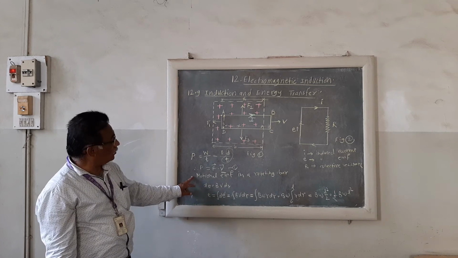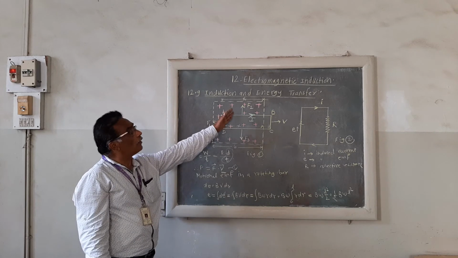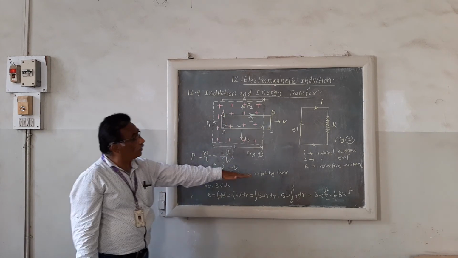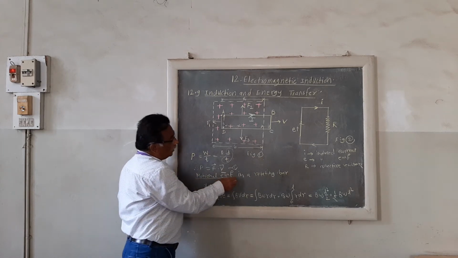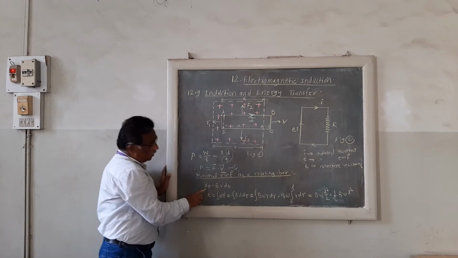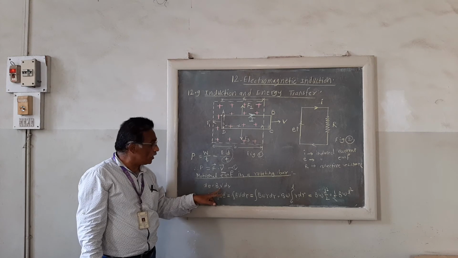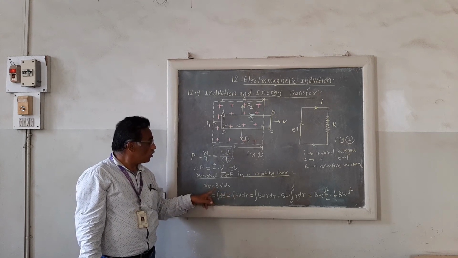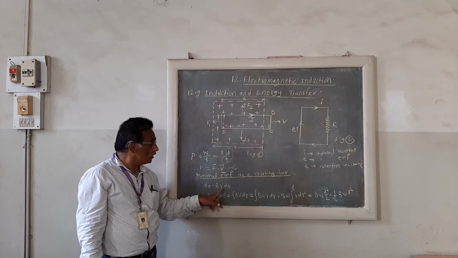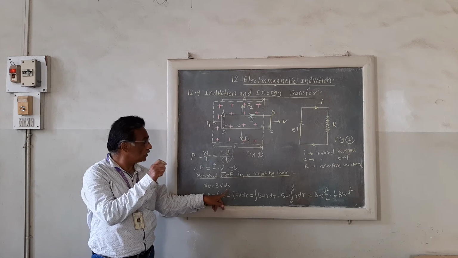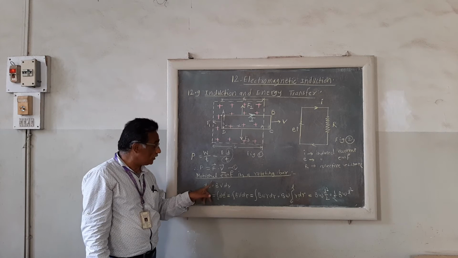Now, if you want to find the motional EMF in a rotating bar, instead of considering a loop, if you consider a rotating bar in a magnetic field, this is a different case in which the equation gets modified like this. dE is equal to B v dr, where B is the magnitude of magnetic induction, v is the velocity, and dr is the small displacement along the bar. dE represents a small induced EMF.